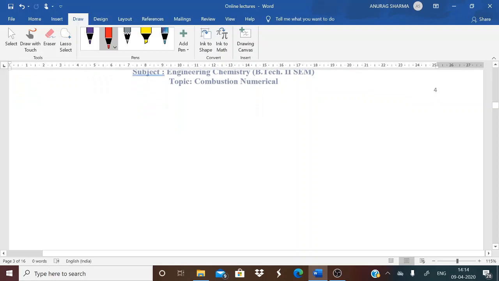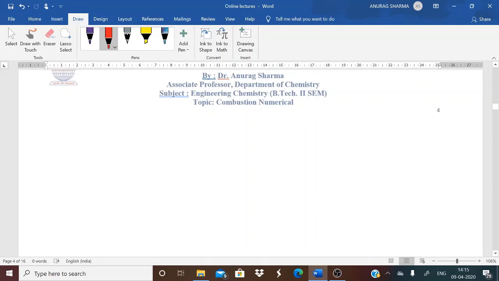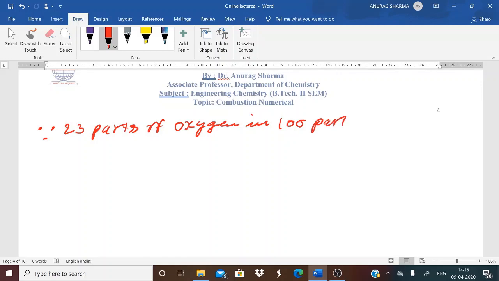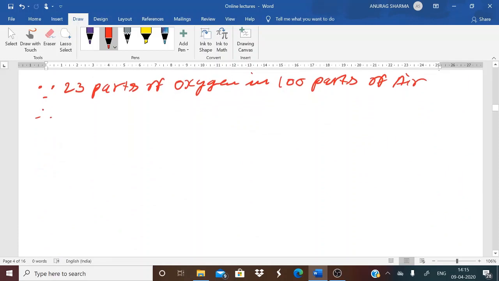Now we will calculate the amount of air, which is our objective. In the above important points, we already know that by weight, oxygen is 23%. So 23 parts of oxygen in 100 parts of air. So if we have 2890 gram of oxygen,